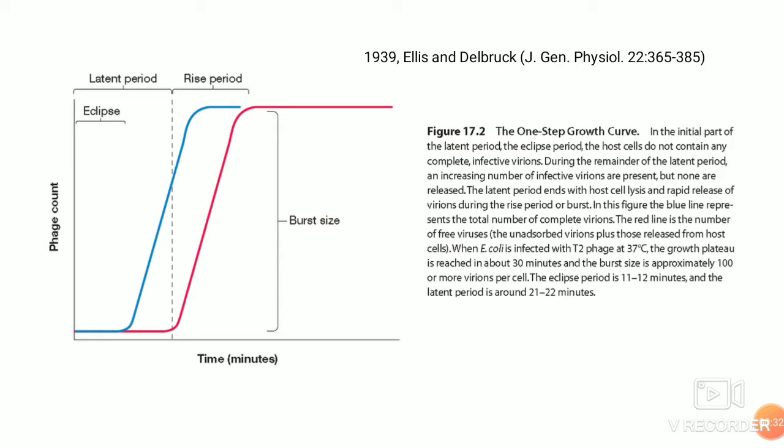The susceptible bacteria such as E. coli are mixed with bacteriophage particles, and the phages are allowed a short interval to attach to their host, followed by which the culture is diluted so that the newly released virions do not immediately infect new cells.